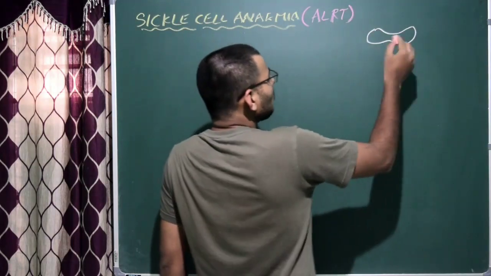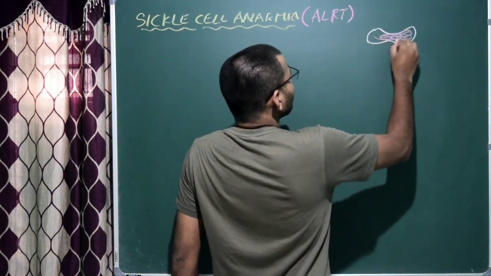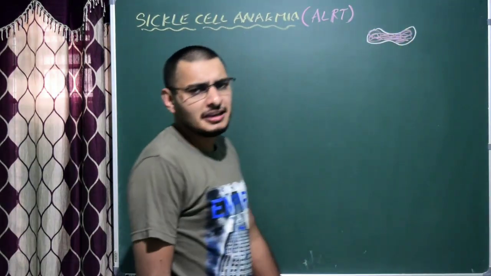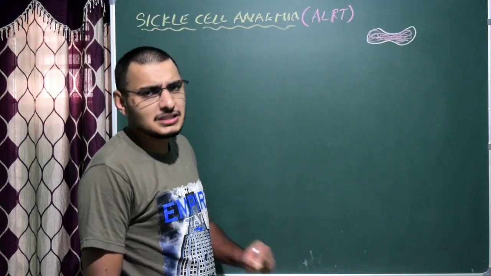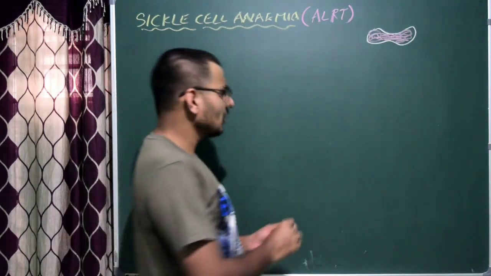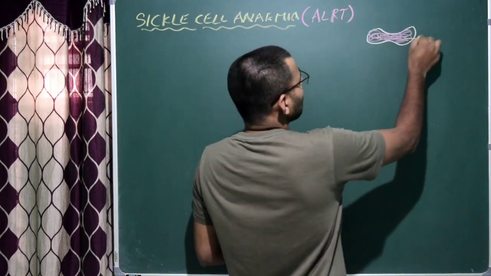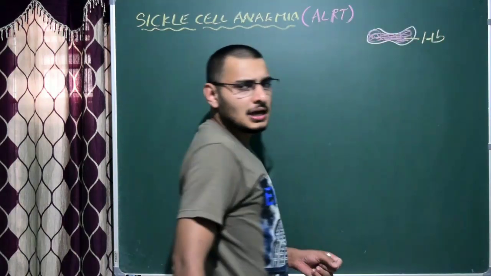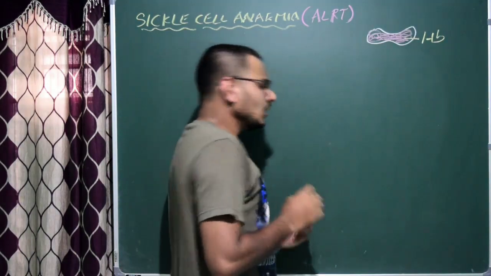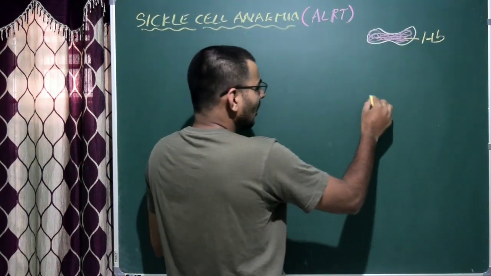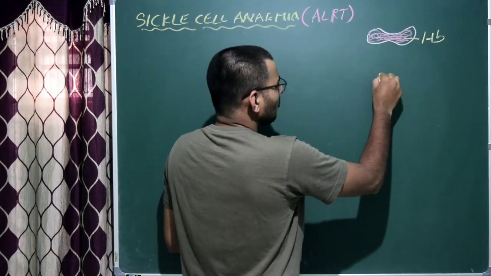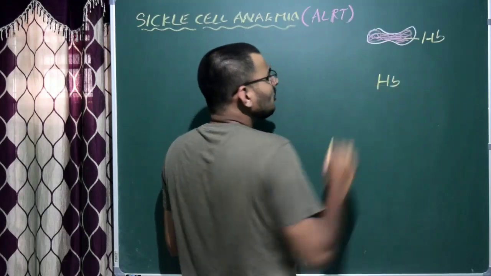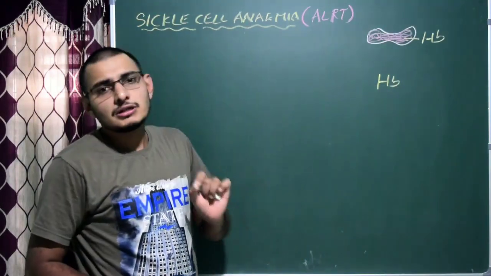And what I want to tell you is the RBC is non-nucleated. It doesn't have any nucleus because it has to give space for a protein called hemoglobin. Okay, the pink colored one is the hemoglobin. I write HB. Hemoglobin structure. If you look into the structure of the hemoglobin, I will just write it. Hemoglobin is mainly made up of 4 subunits.